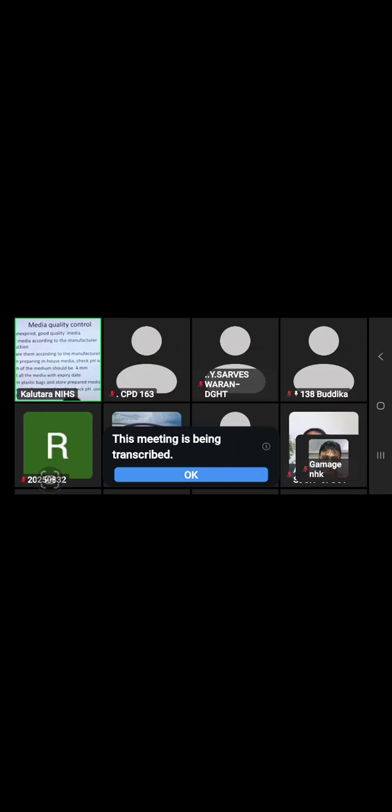This is the media quality control part. Later I will tell you the other part of the media quality control. These things you don't have to learn by heart. The depth, remember, is 4 millimeter. Expiry date, you can normally remember. You have to make the expiry date, and you have to use unexpired good quality media. These are normal things, and you can easily remember.